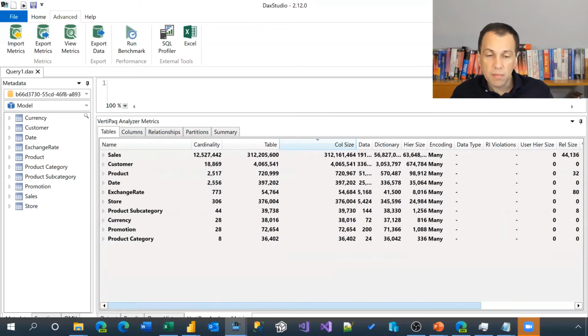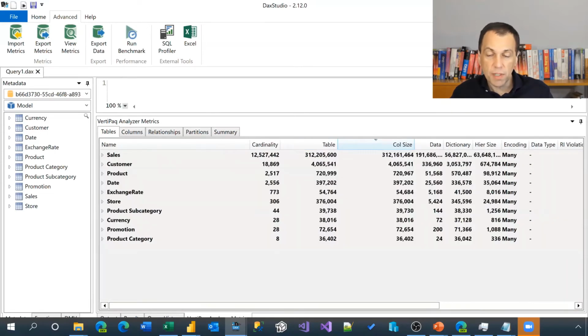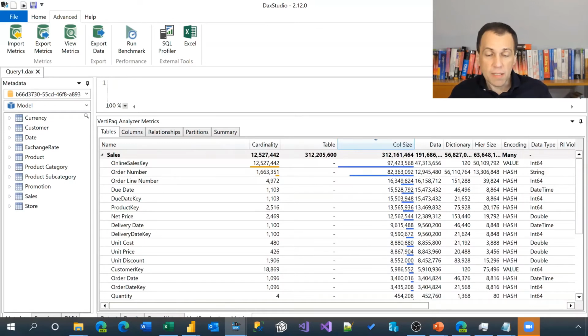But if I drill down into this table, I notice that, wow, there is a single column, Online Sales Key, which is consuming 97 megabytes, which is one third of the entire table. And then there is another column, Order Number, that is consuming another 82 megabytes. Now, because